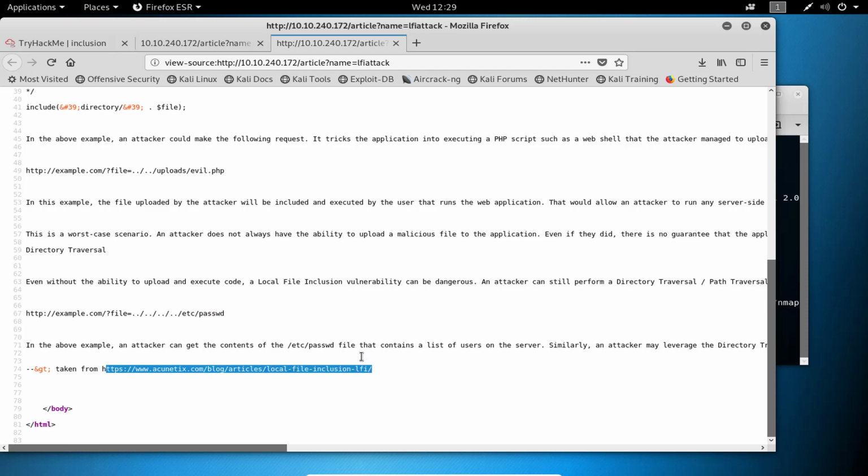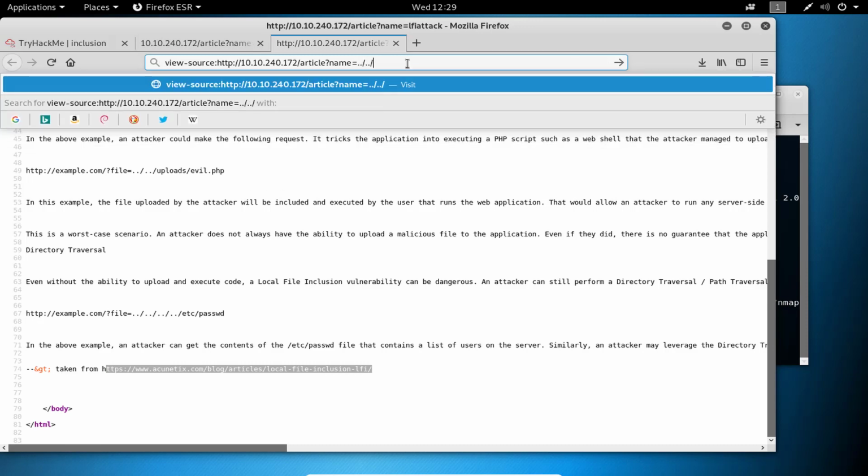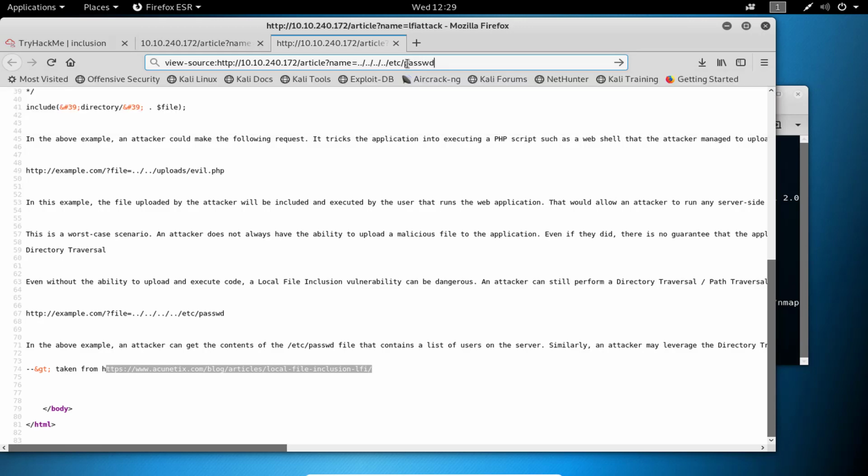We are going to try it in the name parameter. Dot dot slash is usually used to go to the backward directory in Linux machines, then slash etc slash passwd.